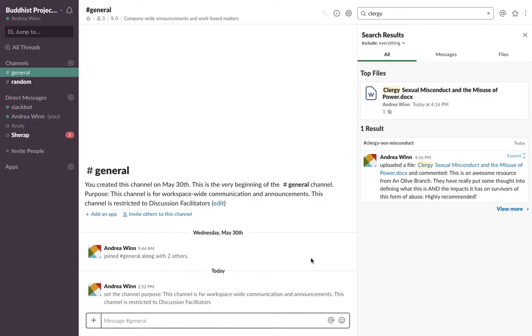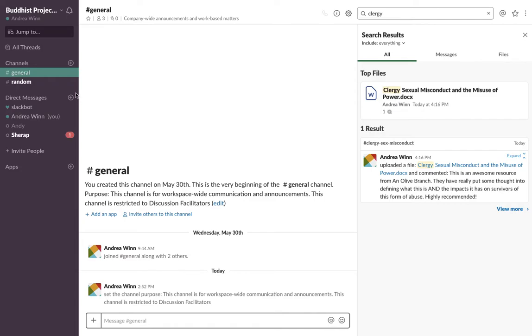One thing just to say right off the bat is that it does take a little bit of time to get used to it. It is new. So I'm inviting you to bring some gentle patience to your first week or so of using Slack, just to allow yourself that space to learn it. So we'll just get into it here.